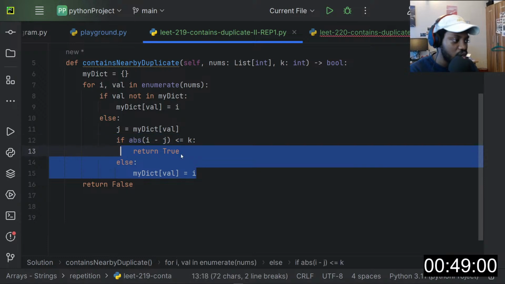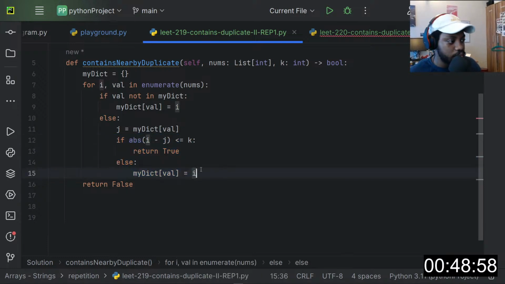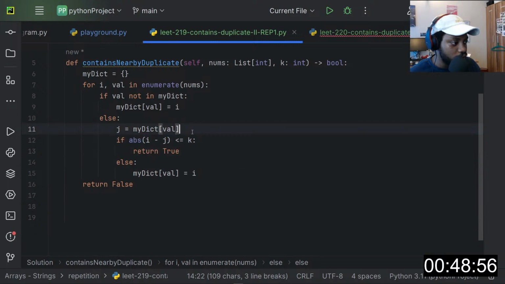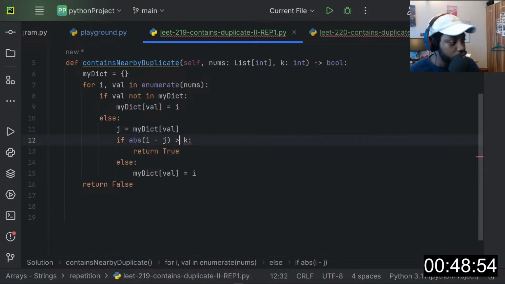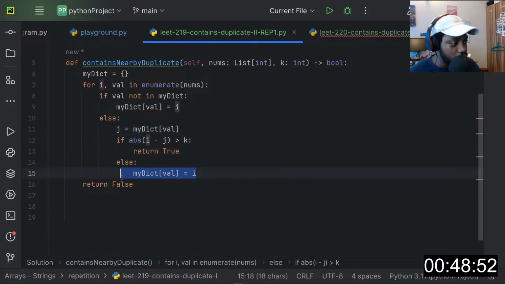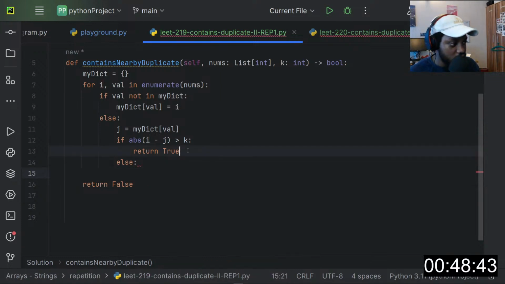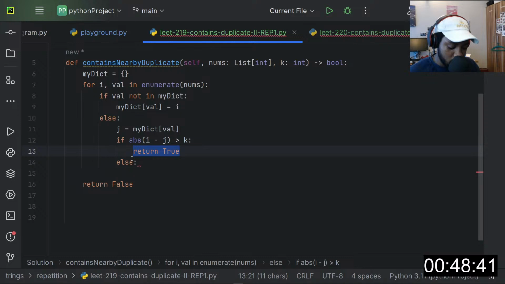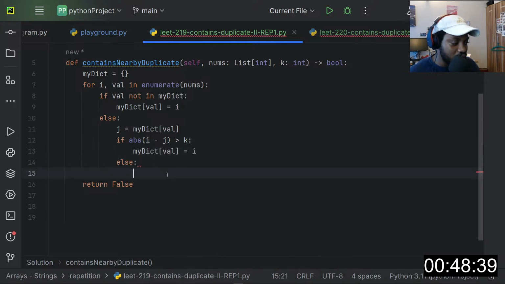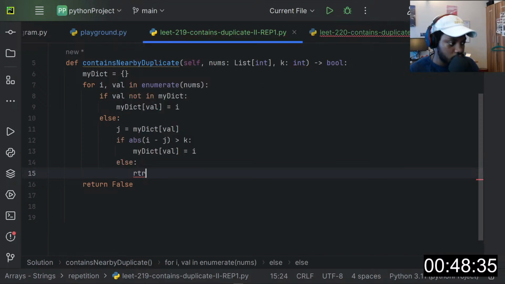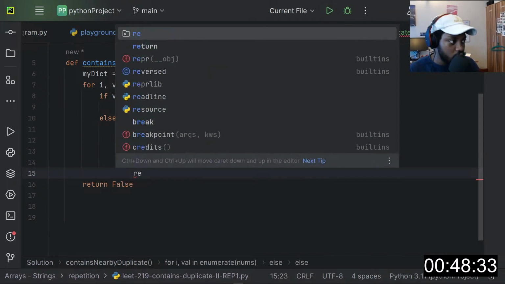That will work. Let's see. If the absolute value of this is superior to k, we can just do this. It's still the same thing. Else return true.